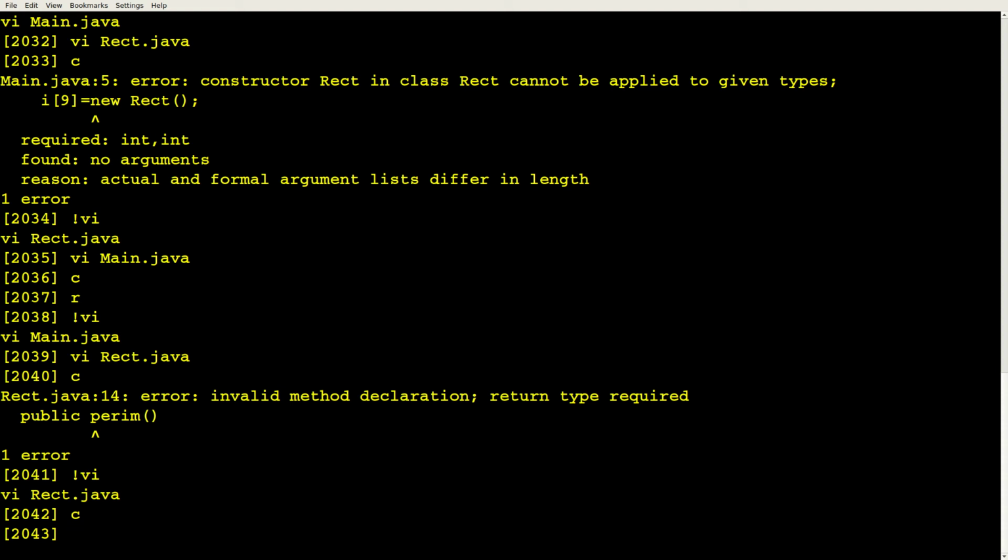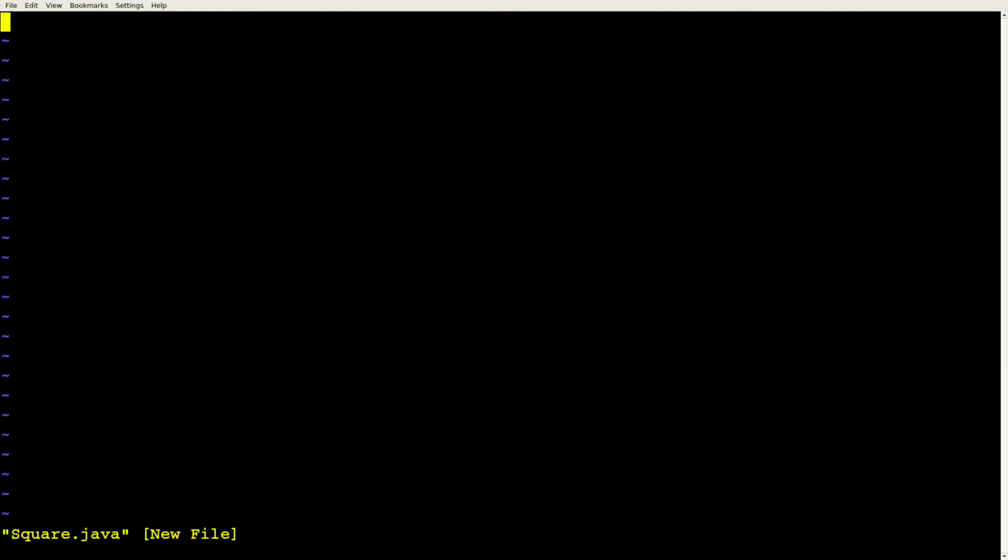I know that the rectangle class almost does everything that I want my square class to do. It's just that I want the height and width to be the same. So here's what I can do. I can make a Square.java, and I can define a class Square, and I can say this extends the class Rectangle. And extends is a powerful keyword that basically says my square class is going to look almost exactly like my rectangle class, but I'm going to add some extra stuff, or maybe I'm going to change some stuff.